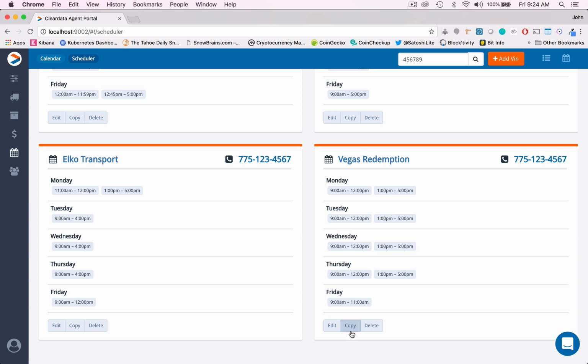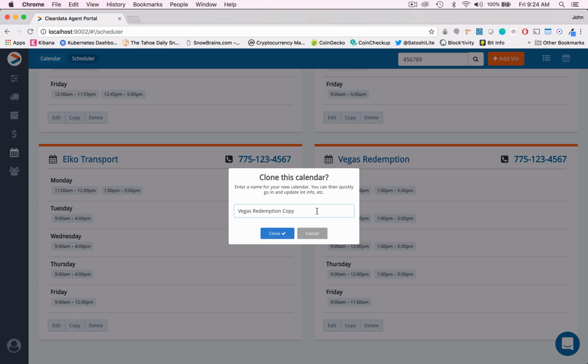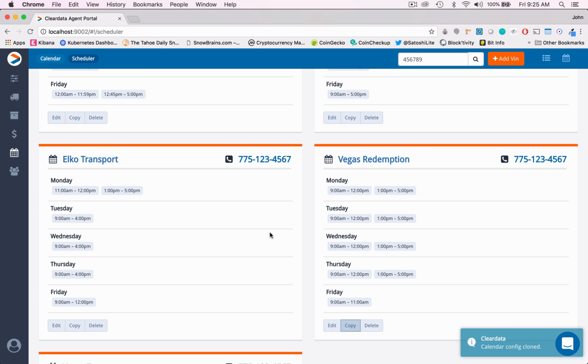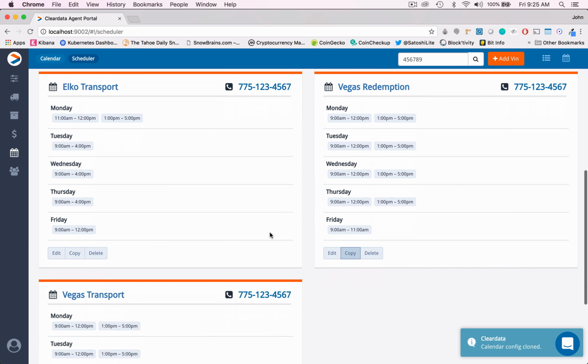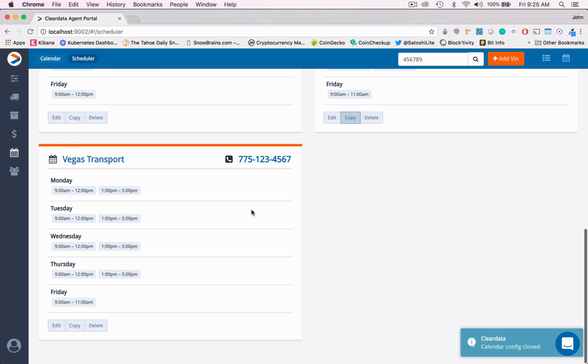We come down here to the bottom and I'm going to click this copy button. So what we're going to do is clone this calendar. We need to enter a name for a new calendar and then we can quickly go in and edit it. Now remember, I already have a redemption calendar for Vegas, so now I want to put in my transportation calendar for my Vegas lot. Okay, after I put that stuff in, you can see now I've cloned my Vegas calendar,